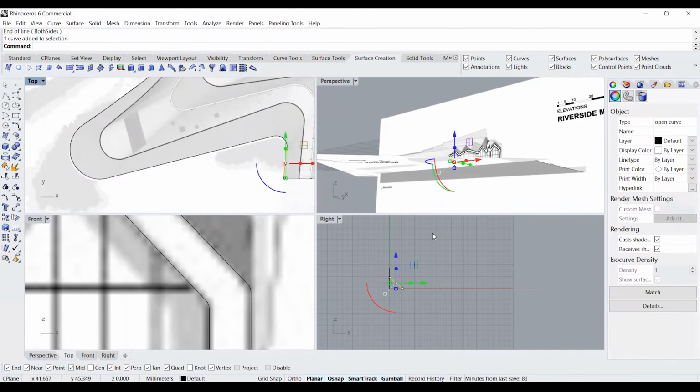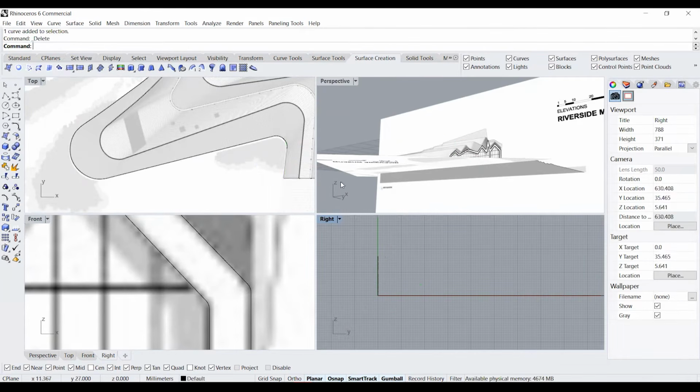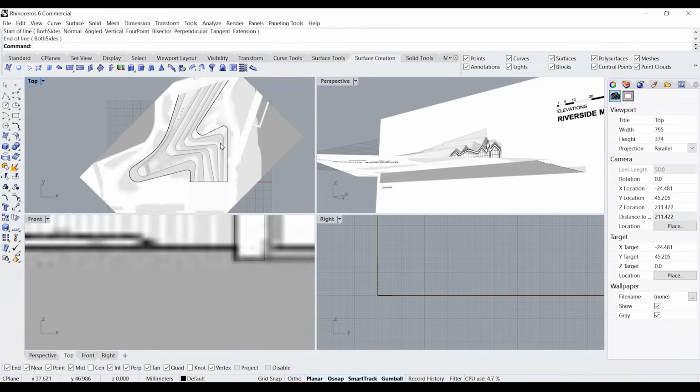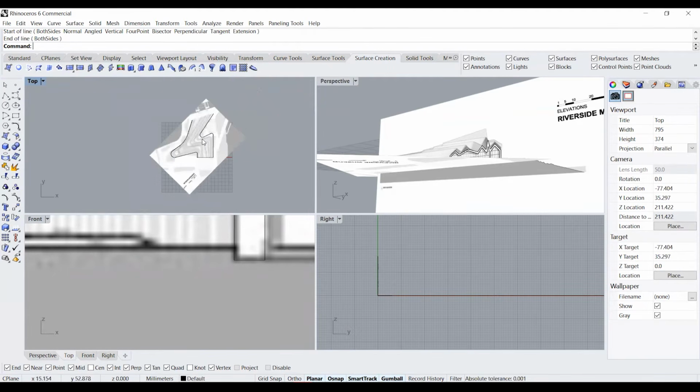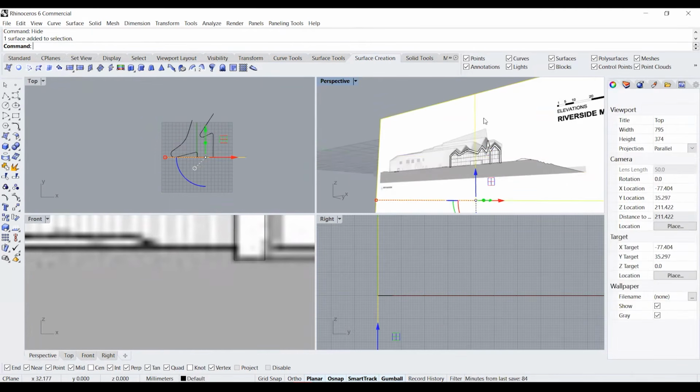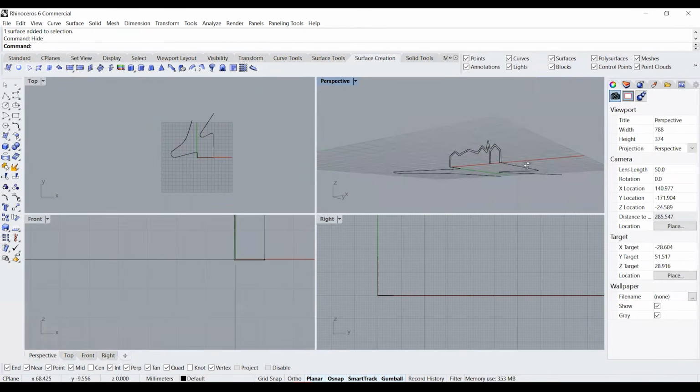Just ensure that the lines you create are not angled in any way in the elevation or right side view. Now that we have all our curves defined, we don't need the plan segments, so we're just going to hide them. Now just make sure that all your curves are sitting properly.